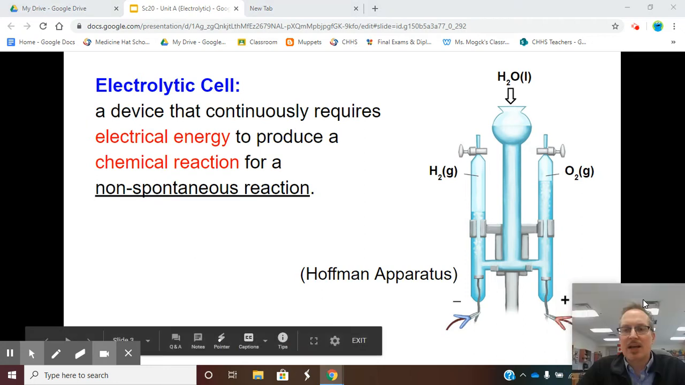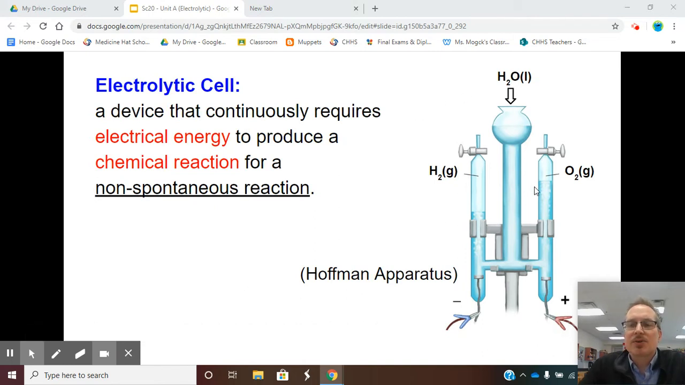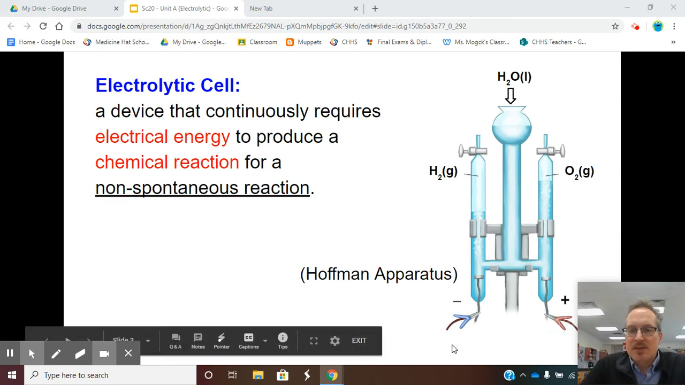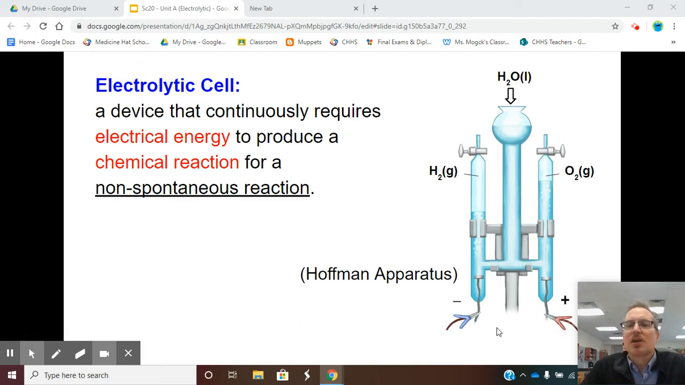So in this reaction over here, this is the Hoffman apparatus. In Science 10, you used this piece of equipment in one of the demos or labs that we did, where there would be a battery hooked up here. So we are supplying a voltage, and we are forcing electricity up and through these electrodes. Here's an electrode, through, here's another, and we're completing the circuit,